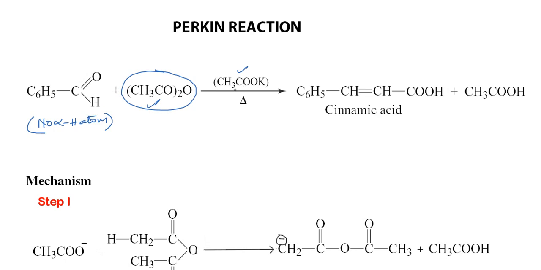So this requires a high temperature. A high temperature is required in this reaction, and it takes place in a weak base because it is used with weakly acidic reagents. We can also use some other bases like pyridine or Na2CO3, but mostly we use the sodium or the potassium salt of the acid. So we are using this potassium salt of the acid.